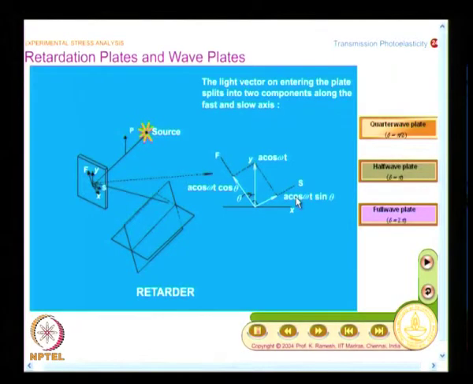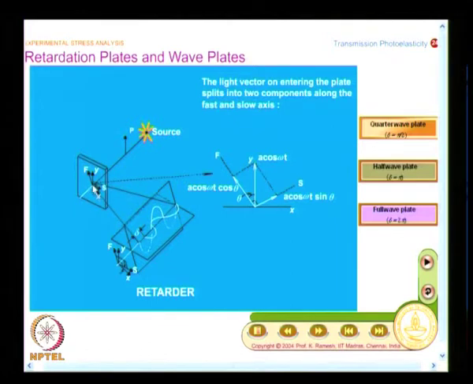We have also looked at photoelasticity gives you sigma 1 minus sigma 2, and then it gives you the orientation theta. You have answers for that in this slide. One answer is, when I look at fast and slow axis, they could be thought of as coinciding with the sigma 1 and sigma 2 directions, and this is your theta. So, if you find out the theta, you get the principal stress direction, and we have been talking about delta, that is acquired within the crystal plate, and whatever delta you have acquired is nothing but sigma 1 minus sigma 2.